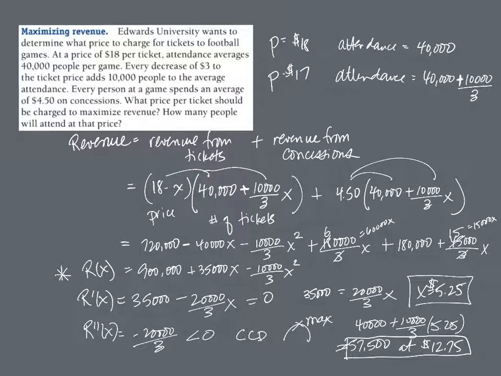Okay. So notice we had to break it down here in terms of revenue from tickets plus revenue from concessions, and we needed to also determine that we had to do a per dollar change, and so we had to use the 10,000 divided by 3 here, so that we made sure that we're calculating each a small increment of change. So for every $1 decrease in price would have a particular effect on attendance, rather than the $3 at a time. It wouldn't come out quite right if you did that.